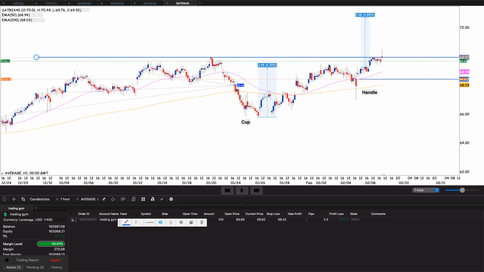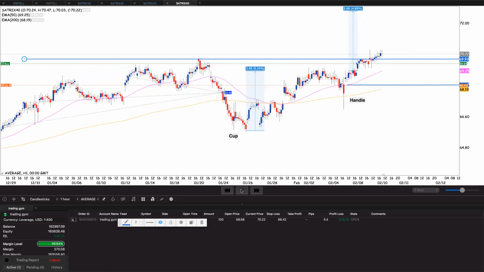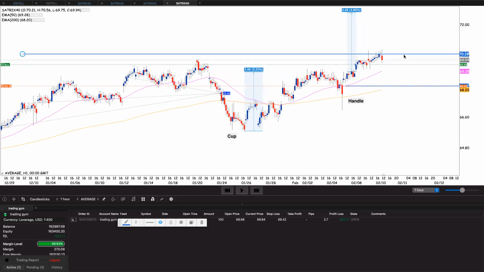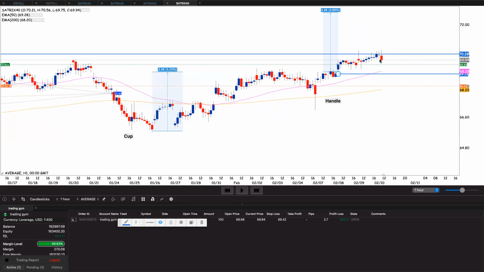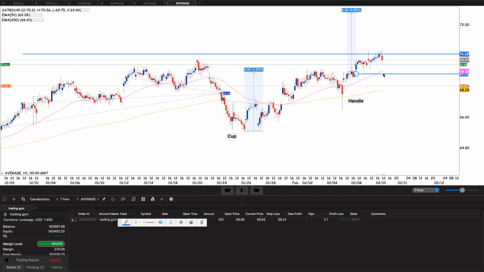So the reversal candle there. See that traffic there means there was a bit of consolidation on the shorter time frames. So if it breaks, and you see we have a doji there, that's a reversal chart pattern. I'm expecting the market to test that 50-day exponential moving average. So if it breaks above 70